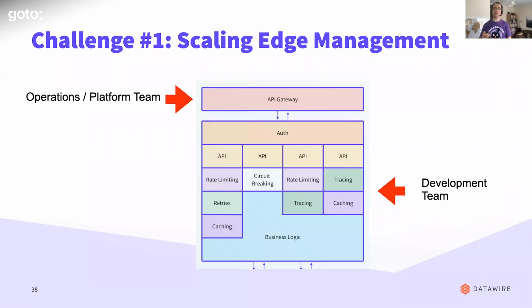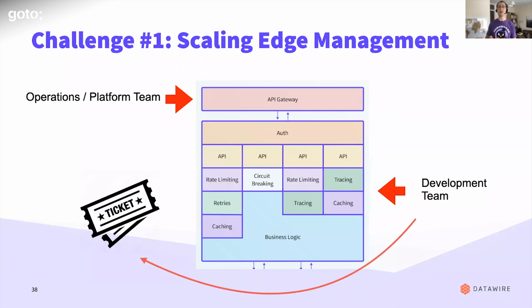DNS is out of my control, but caching I could tweak typically in a library and deploy. If I needed to change the edge, the platform team typically owned that, the ops team owned that. I'd raise a ticket, there'd be some backwards and forwards, and I have to bake this into my SLA. If I was going to be delivering functionality within 2 days and the ops team's turnaround was guaranteed to be 2 days, well, we need to have that conversation first. Hey, I'm opening up new ports. Hey, are you going to support WebSockets for me? Hey, I need HTTP 2. We need to get those conversations kicked off early.